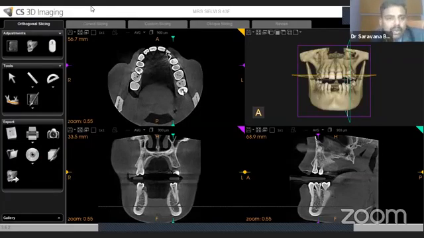Carestream's software is CS 3D imaging. Newtom's software is NT viewer. Sirona is the Galileo software. PlanMaker is Romexix software. See, almost all are same. Okay, the names will be different. Only some gimmicks will be different. The company people will say my software is the best, my software is the best.